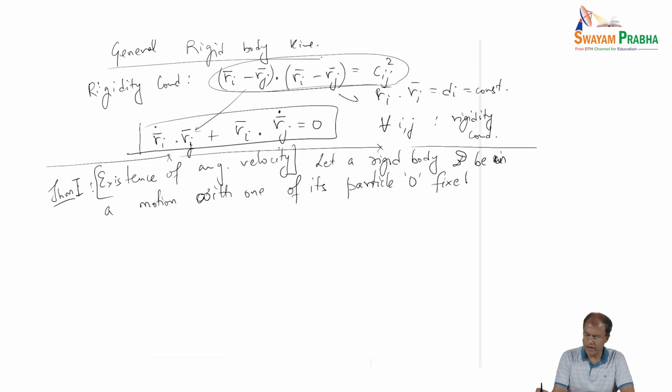So we have a fixed point on the rigid body. Then there exists a unique vector